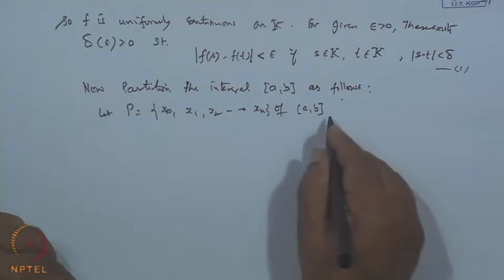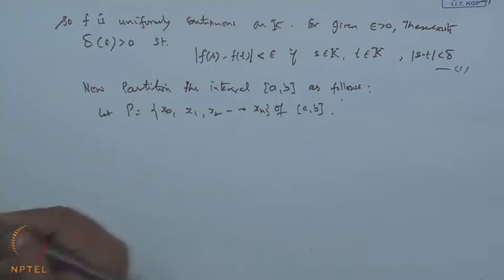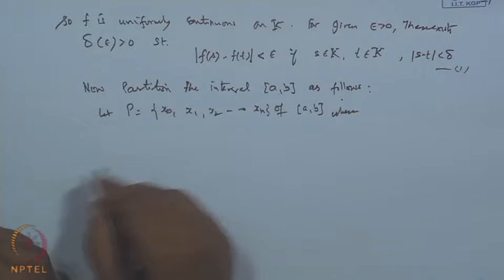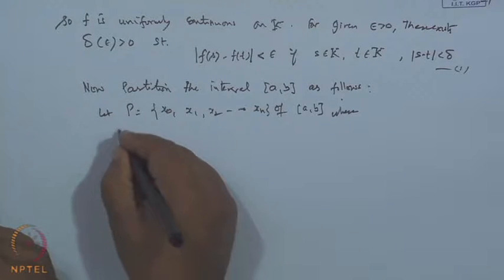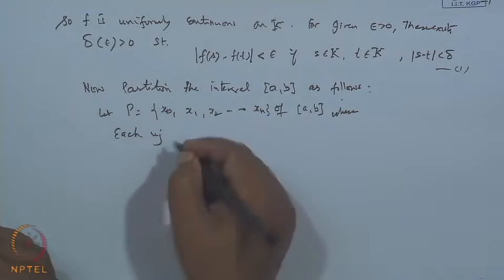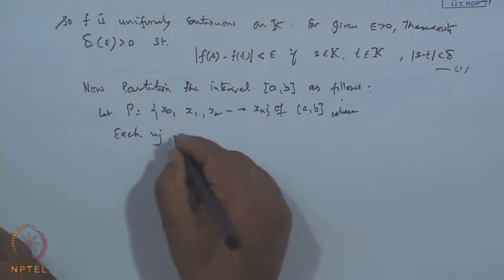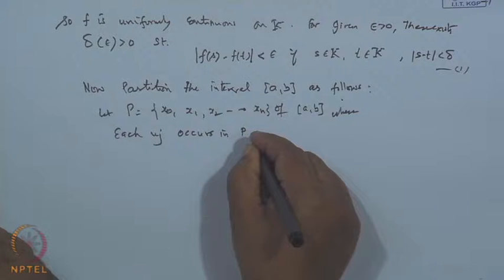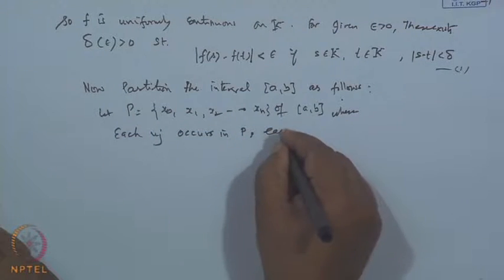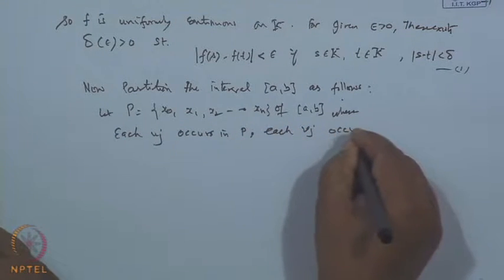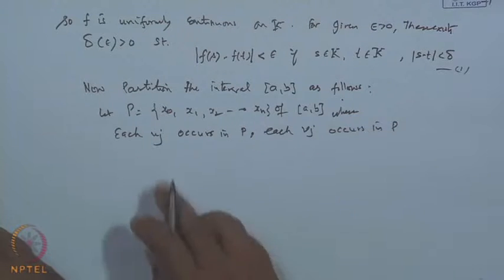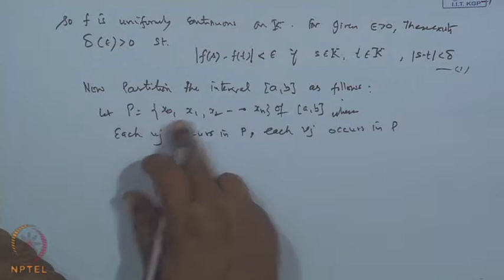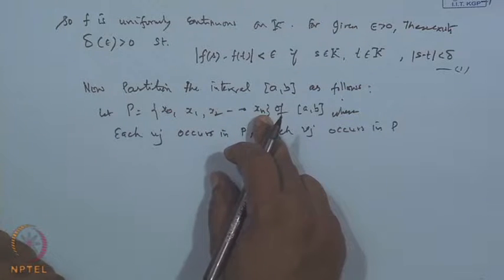Then we take such a partition P where each uj occurs in P, each vj occurs in P, means this u1, u2, un, v1, v2, vn, these are some of the partitioning points of this interval ab,